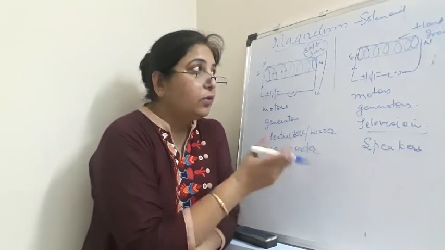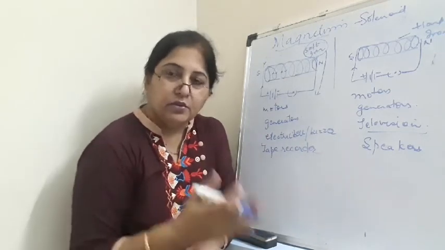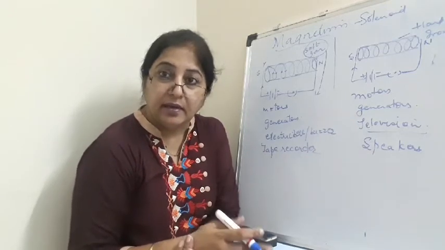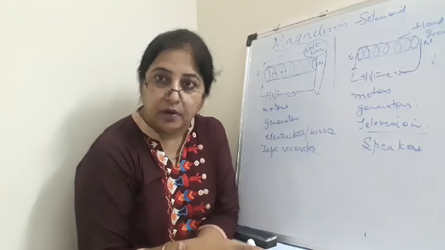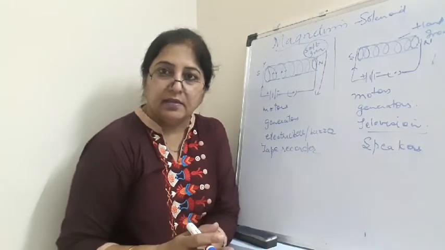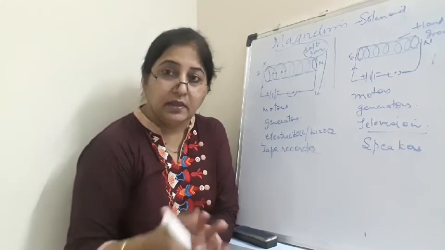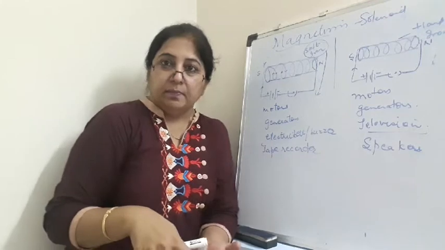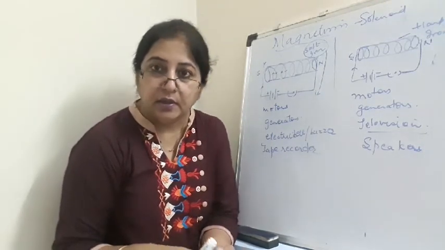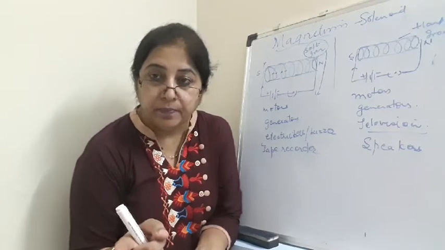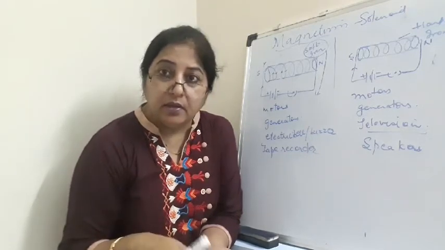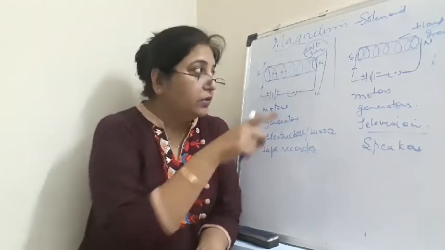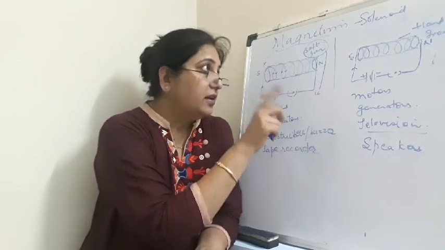Now, how will we find the poles of the magnet? You know that we can find the poles of the magnet by the direction of the current flowing. If the direction of the current flowing is anti-clockwise, it will be north pole. Okay, and if the direction of the current is flowing in the clockwise motion, that will be the south pole. I repeat, when the current is flowing in the anti-clockwise direction, that pole will become the north pole. If the current is flowing in the clockwise direction, then that pole will become the south pole. Okay, so these are some of the points for the soft iron and the hard iron core.